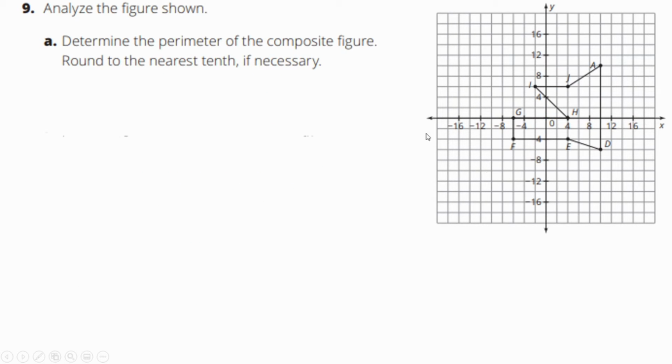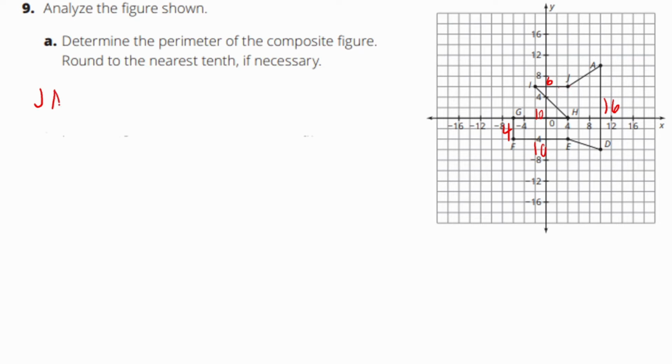Next up says analyze this figure, and what we want to know is the perimeter. Well, a lot of these lines we could just count, right? So for instance, we know that each marking is 2 units. So we go 2, 4, 6. This is 6 units. We could go 2, 4, 6, 8, 10, 12, 14, 16. 16 units right here. This one's 2, 4, 6, 8, 10 units. 2, 4 units. We go 2, 4, 6, 8, 10 units right here. And then all our other sides, we need to figure it out, right? So for instance,